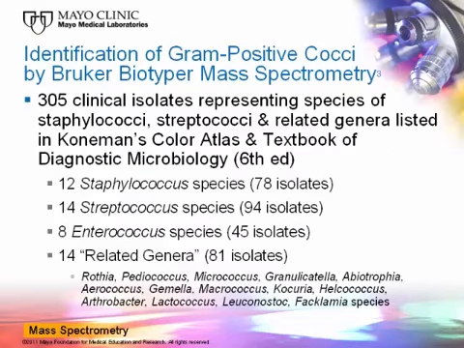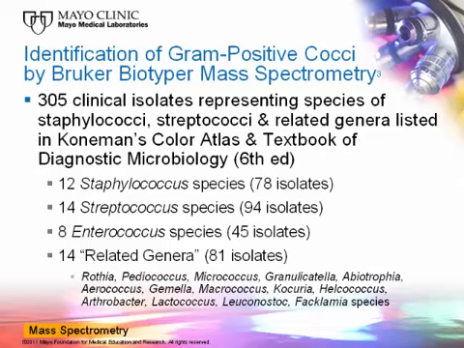We followed up our first study with a second study of 305 clinical isolates representing species of Staphylococci, Streptococci, and related genera listed in Koneman's Color Atlas and Textbook of Diagnostic Microbiology, including 12 Staphylococcus species, 14 Streptococcus species, 8 Enterococcus species, and 14 related genera, including Rothia, Pediococcus, Micrococcus, Granulicatella, Abiotrophia, Aerococcus, Gemella, Macrococcus, Kocuria, Helcococcus, Arthrobacter, Lactococcus, Leuconostoc,